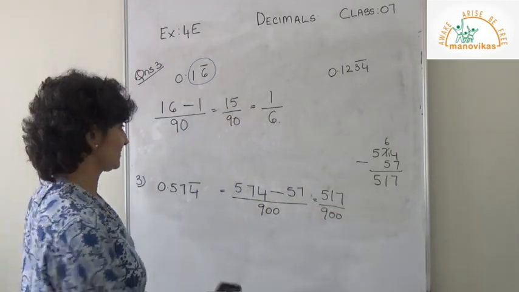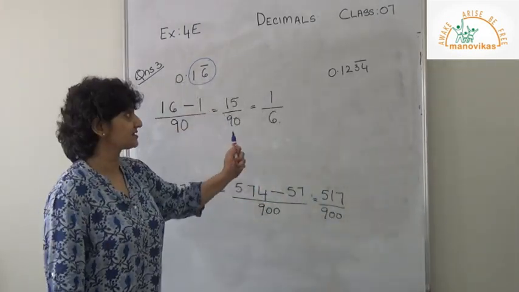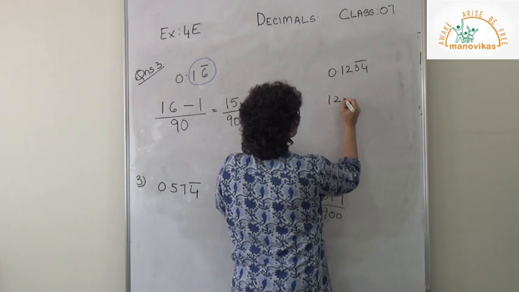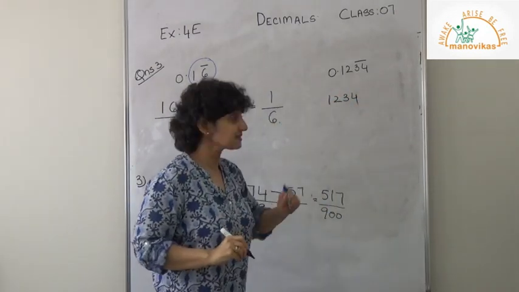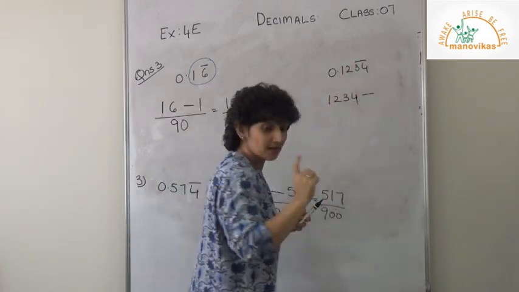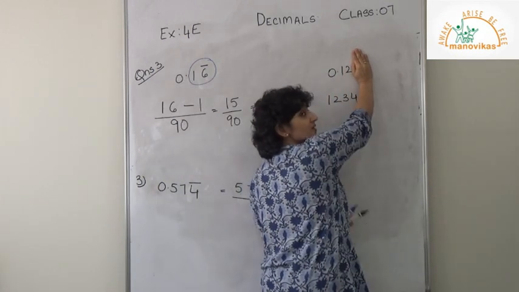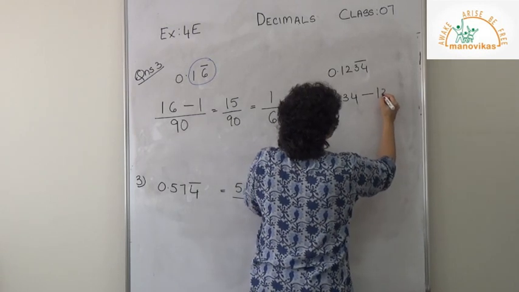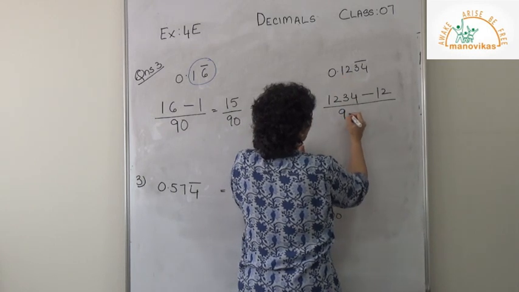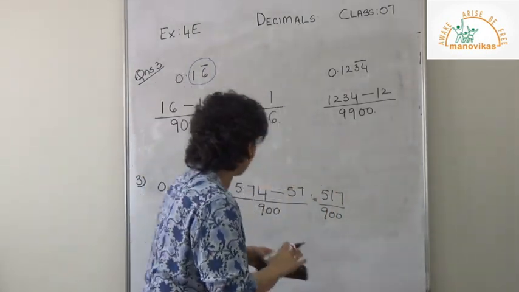Now, let's try one more sum. Now, you will tell me how to do it. Take your time and tell me. What do we do first? First, we take the entire number. So, what's that? 1, 2, 3, 4. Yes? Then what do we do? Minus. When I minus, what did I say? Put your hand. Is it bar 3, 4? Yes, it is bar 3, 4. So, put your hand on the bar. What's remaining? 12 upon 9900. Is it clear? Have you all understood? Okay, then what do we do?